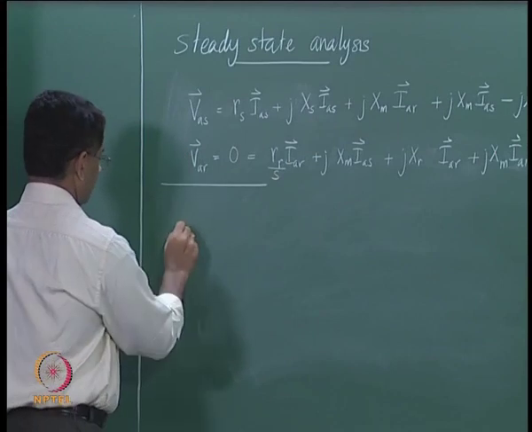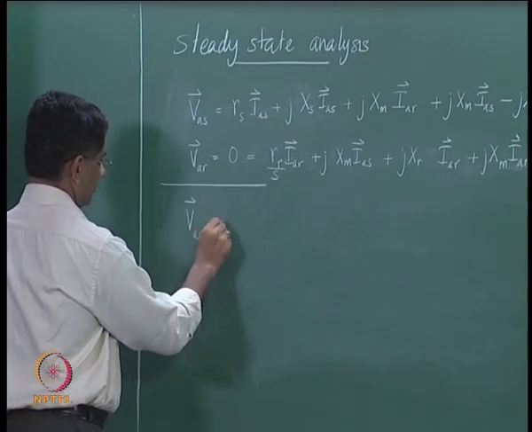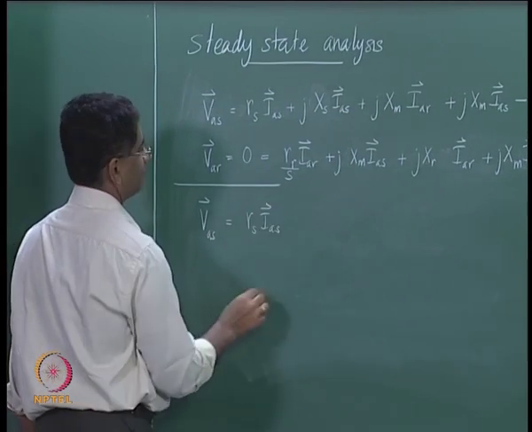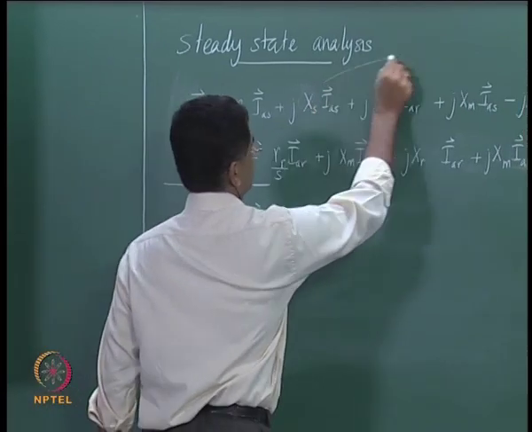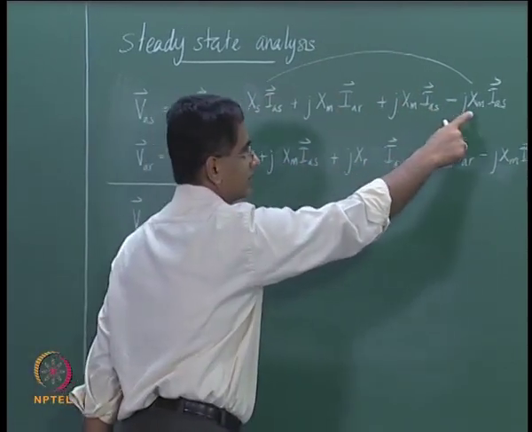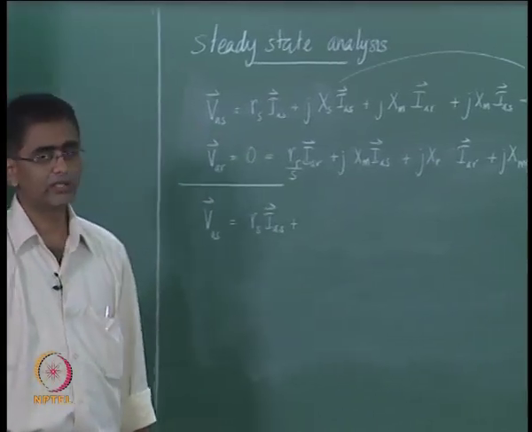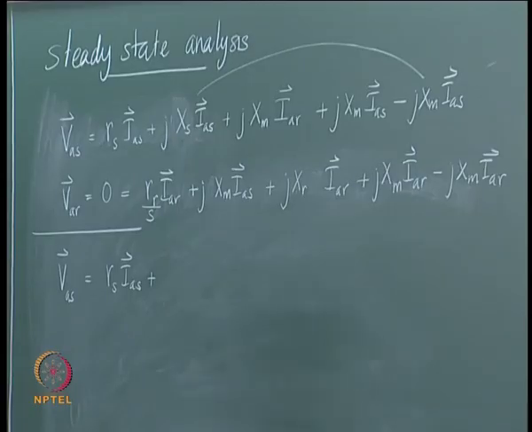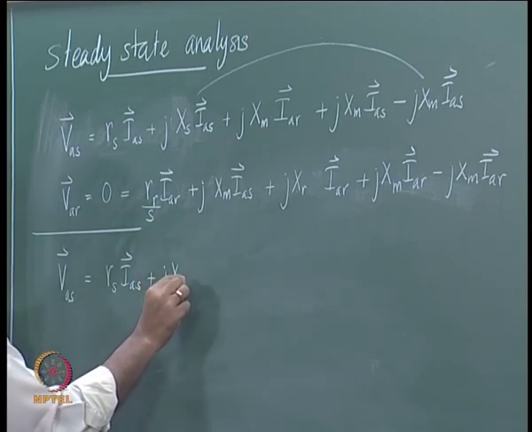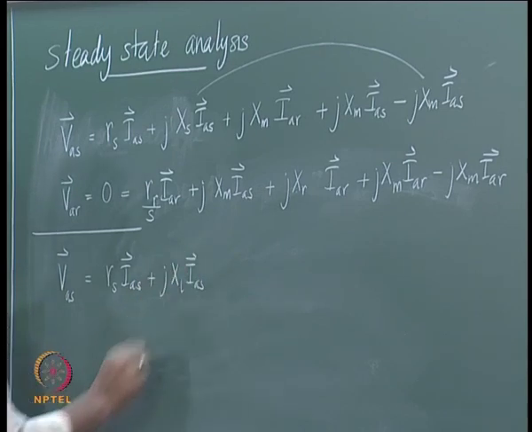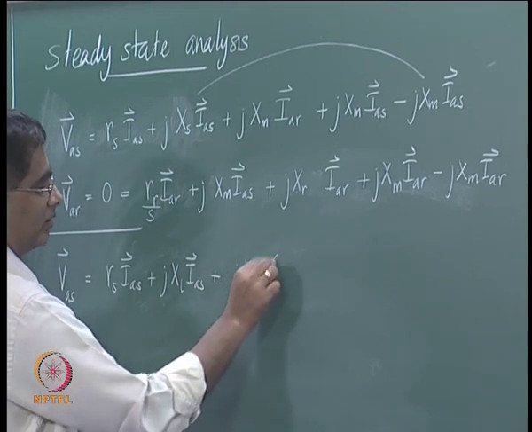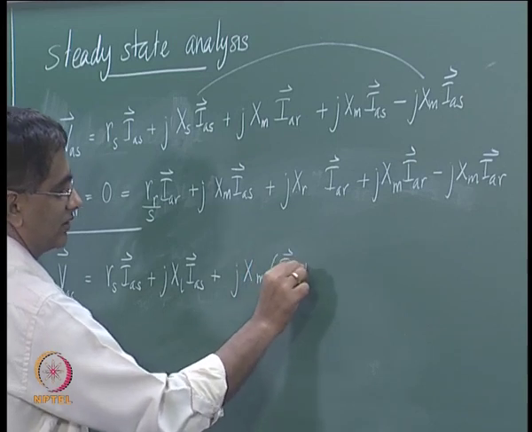So with the result, the first equation VAS now becomes RS into IAS plus these two terms can be combined, and the self inductance or the self reactance minus the XM value will give the leakage inductance or the leakage inductive impedance of that. So this is nothing but J times XL into IAS plus J times XM into IAR plus IAS,